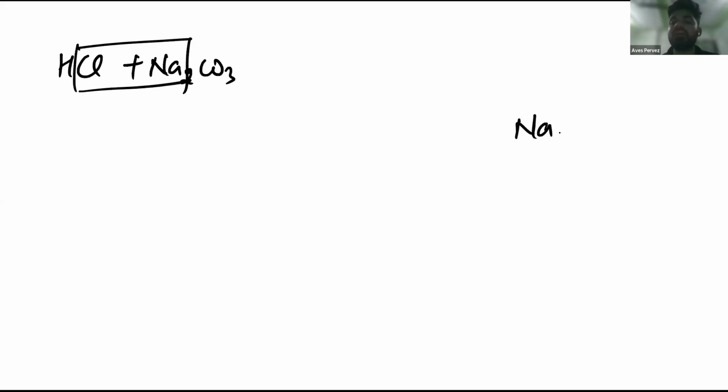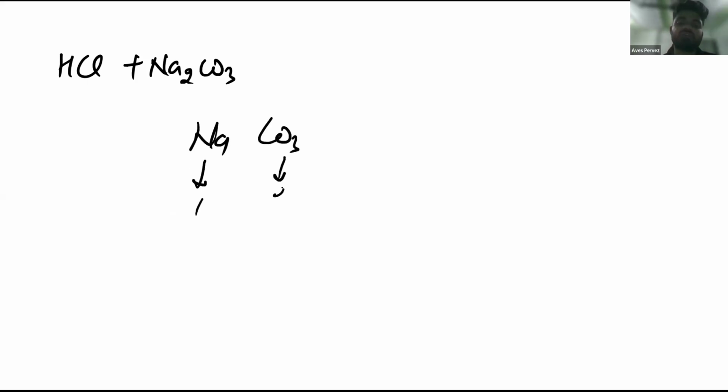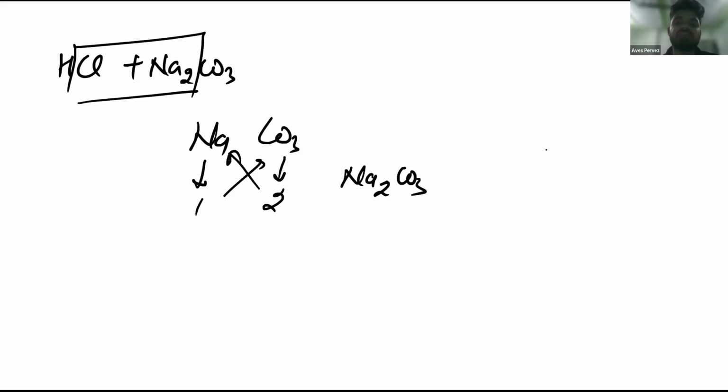But don't write it like Na2Cl. This is not the correct formula. Don't write it with a 2 here. This 2 is according to the formula of sodium carbonate: Na has positive valency 1 and the carbonate ion has valency 2. Cross multiply and you will get Na2CO3. But you cannot write Na2Cl for this Na and Cl, because it will be incorrect. You have to write the formula according to valency. When Na and Cl combine, both have one valency, so the formula will be